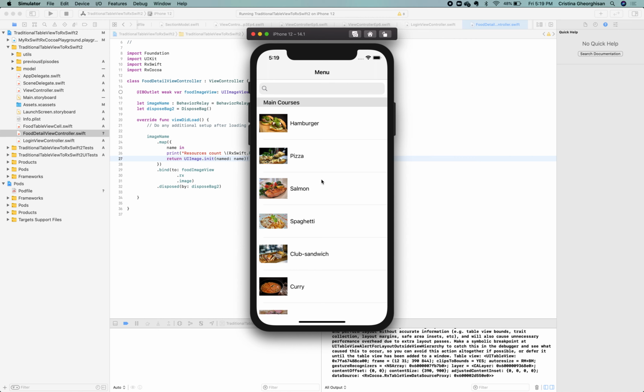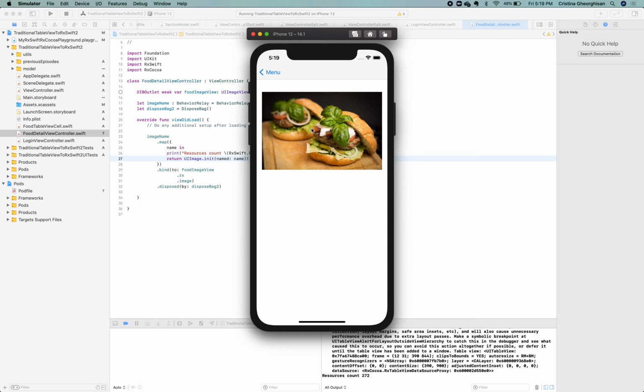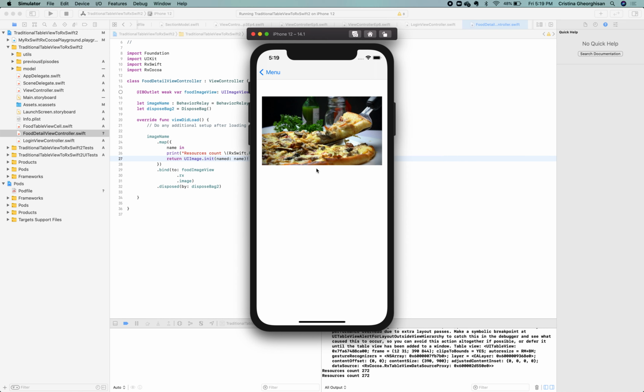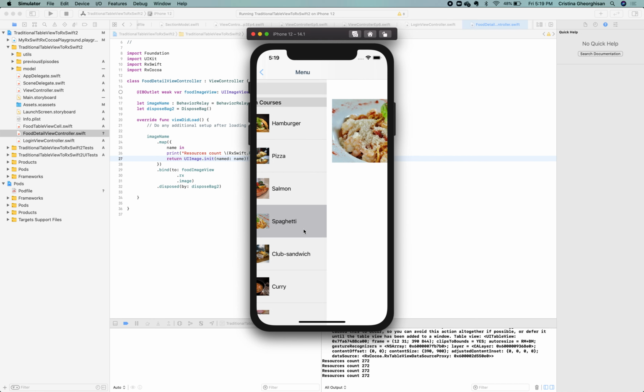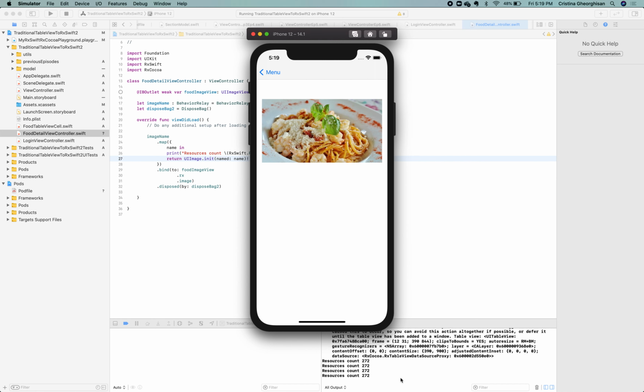Cool. Now the same. Let's navigate back and forth. We can already see some numbers printed in the console. They remain the same, so there's no memory leak in our code.